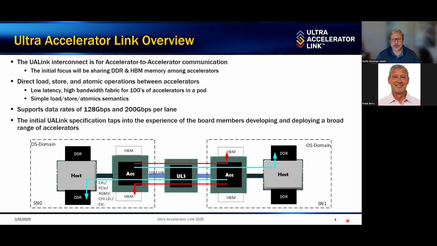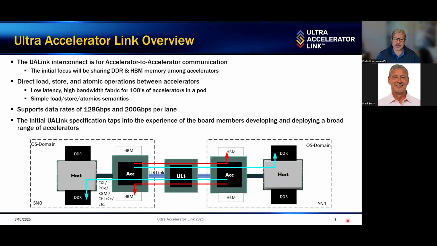The reason that we went with UALink is we needed something that was a direct load-store solution. So a very memory-centric environment that allows for the communication of those memory packets across a link, or the memory flits, as compared to packets that would be on something like Ethernet. We also wanted it to scale to hundreds of accelerators, and what you'll see is we actually go to 1024 accelerators.